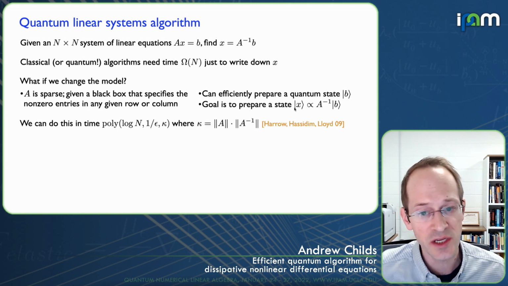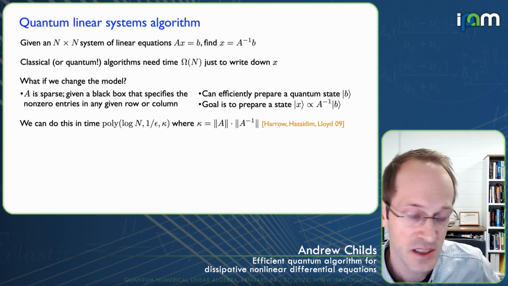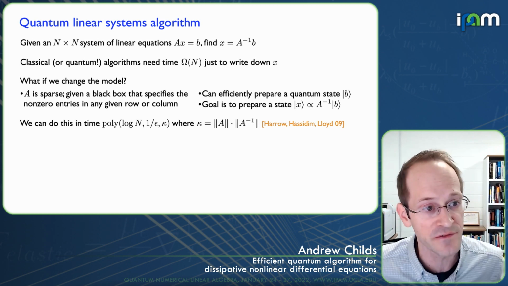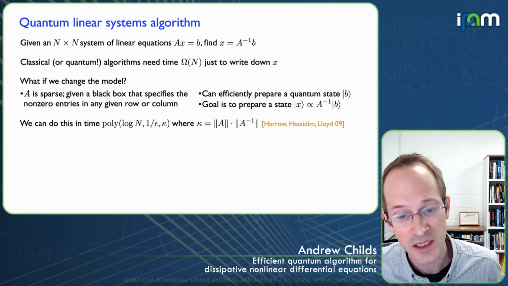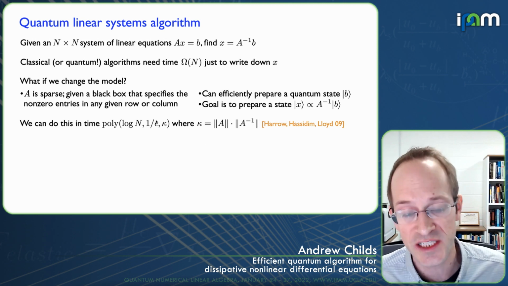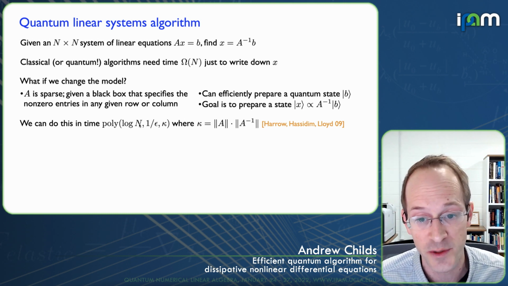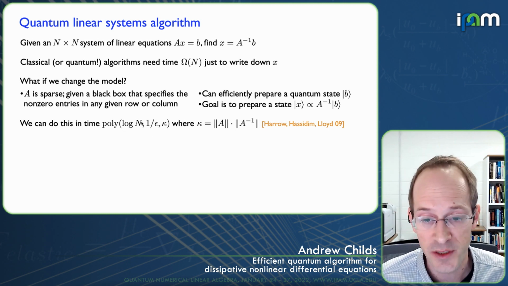And so this was shown in an early paper of Harrow, Hassidim, and Lloyd from 2009 that set off a lot of the work in this general area. Specifically, they showed that you could do this in time polynomial in the number of qubits it takes to represent the vector, so polynomial in the log of n, polynomial in the inverse of the error,